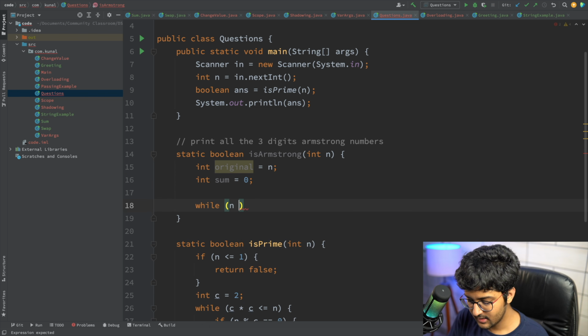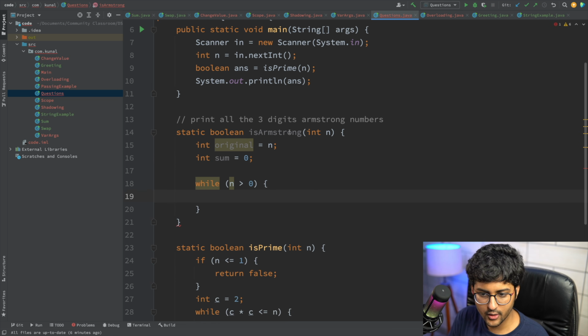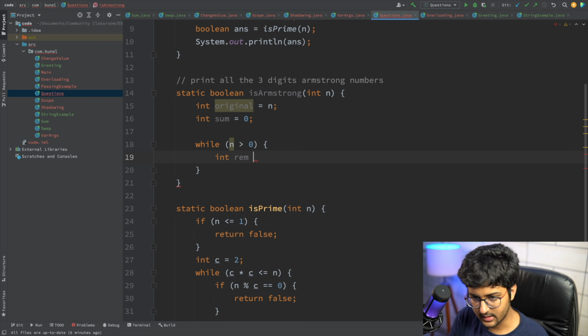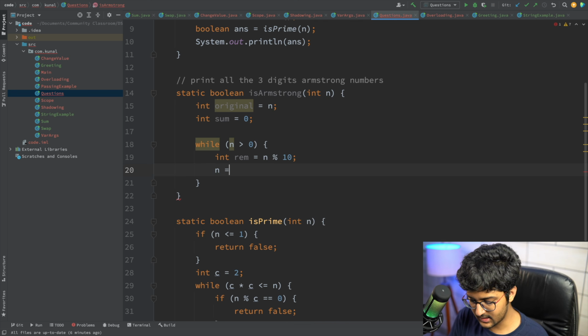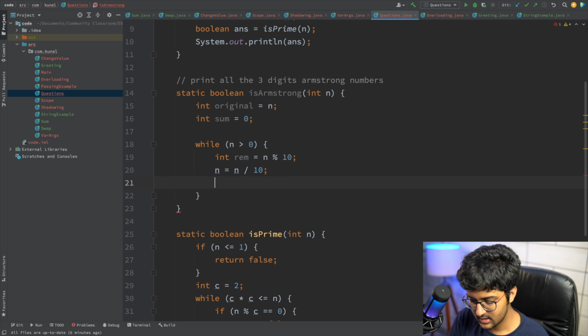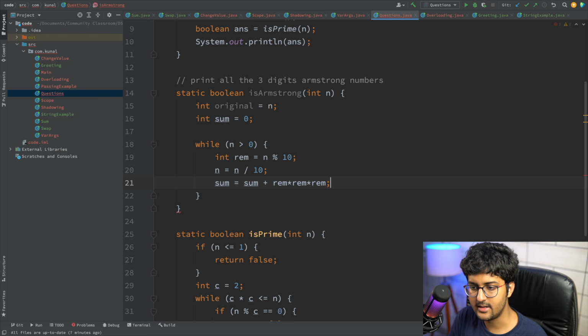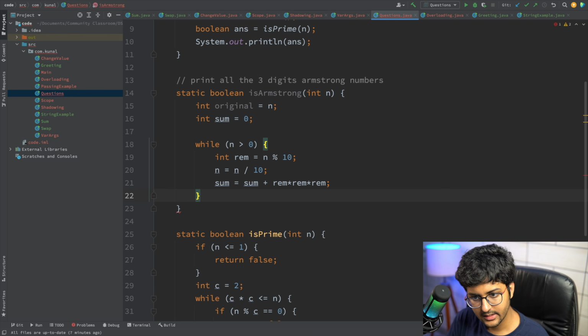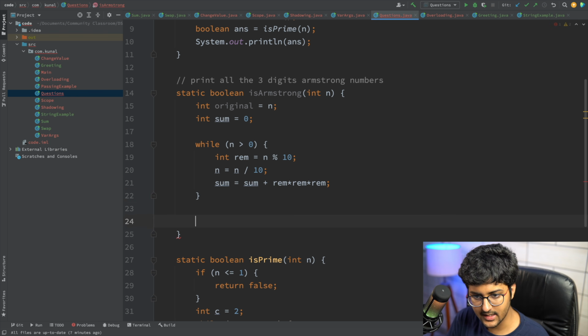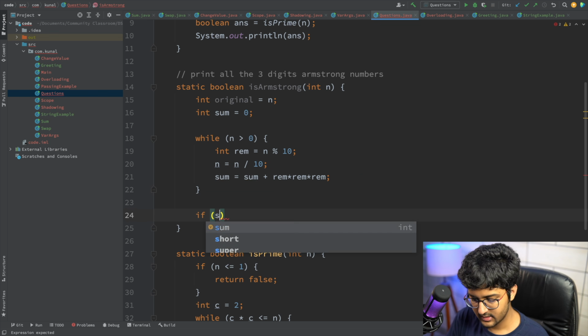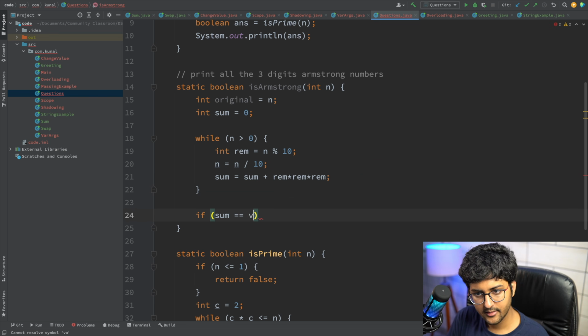Then I'm going to say while n is greater than 0, what do we need to do? I can say that my remainder is equal to n modulo 10, and n is equal to n divided by 10. Now I just need to add the cube of the value to the sum. So I can say sum is equal to sum plus cube, so basically remainder into remainder into remainder. Okay, very simple stuff. And after that we can say in the end that if the sum is equal to the original value,